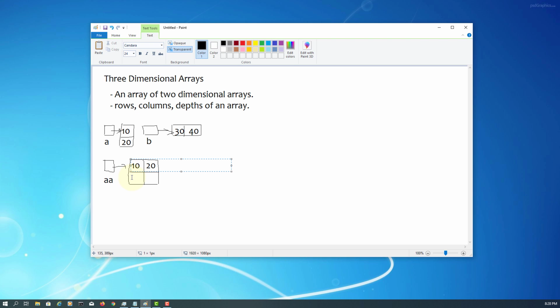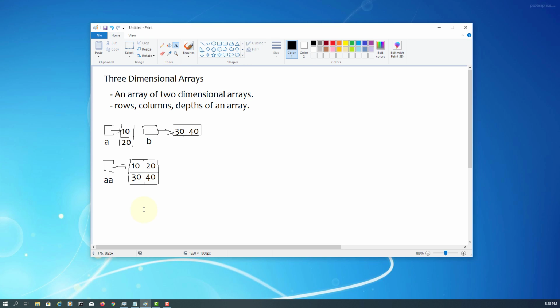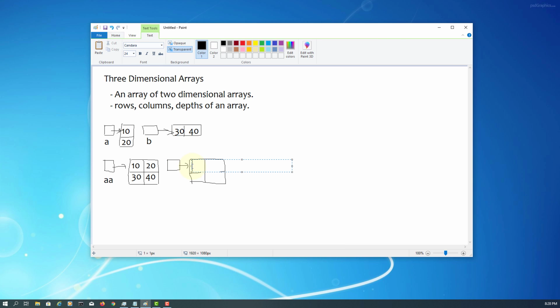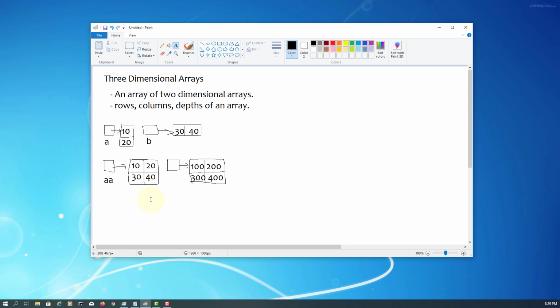Also we have two rows. This time I will say 200, 300, 400. Okay, we have